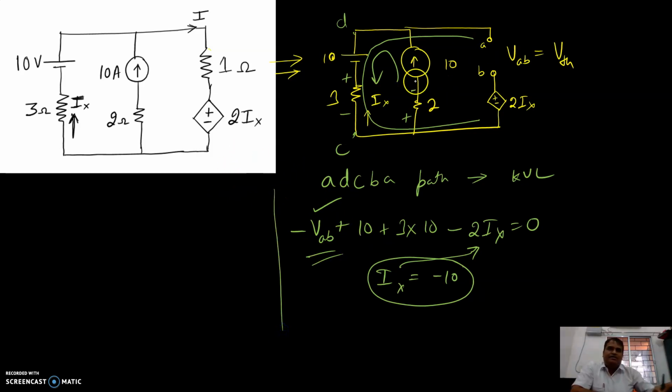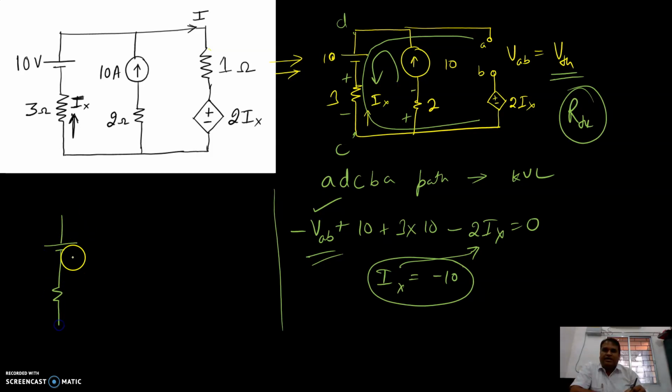Another thing is that you have to find RTH, because this is the Thevenin voltage, and another is the Thevenin resistance RTH. For that you short circuit the voltage source and keep the resistor, open circuit the current source, then a resistor, and then you take one voltage, that is V0.